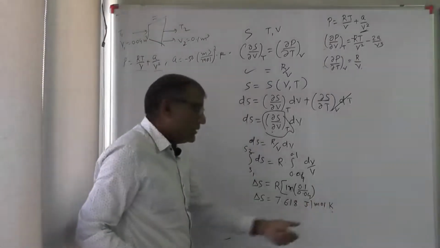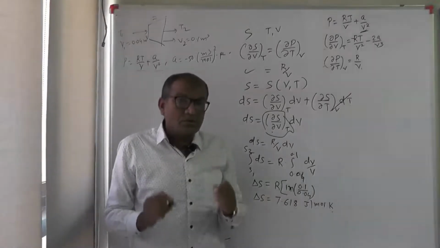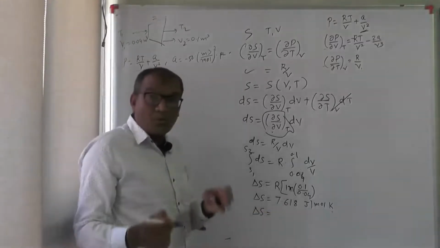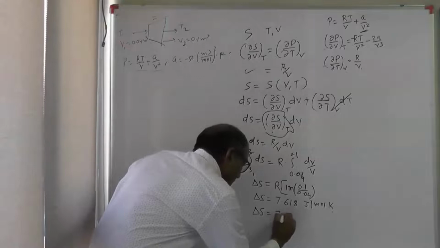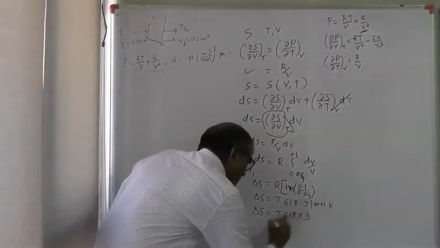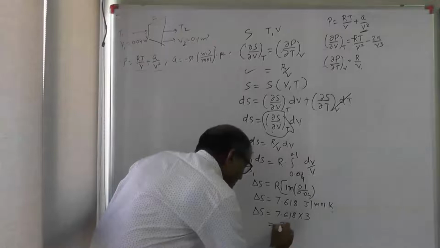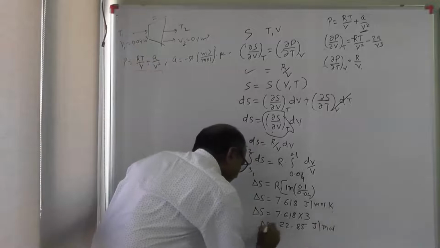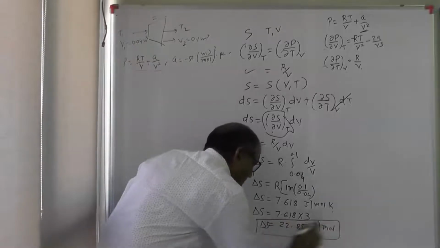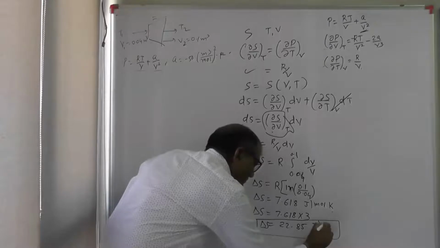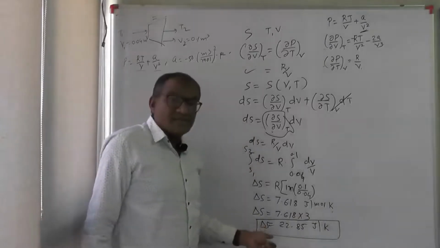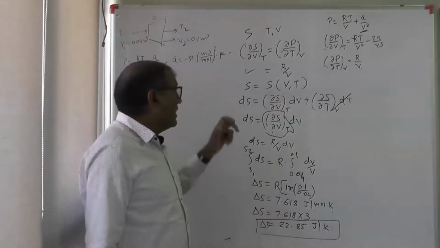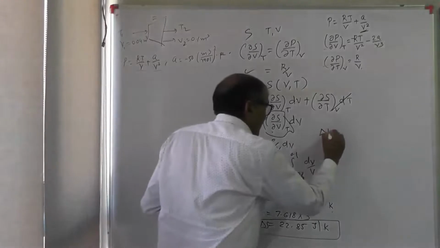This is again per mole. If I want to calculate the total change in entropy, then I should multiply this value with the number of moles, that is 3. So if you multiply this with 3 moles, the answer I am getting is 22.85 joule per mole. I am sorry, I should not write mole because it is joule per Kelvin. This is the change in entropy, that is 22.85 joule per Kelvin, and delta H also we got,